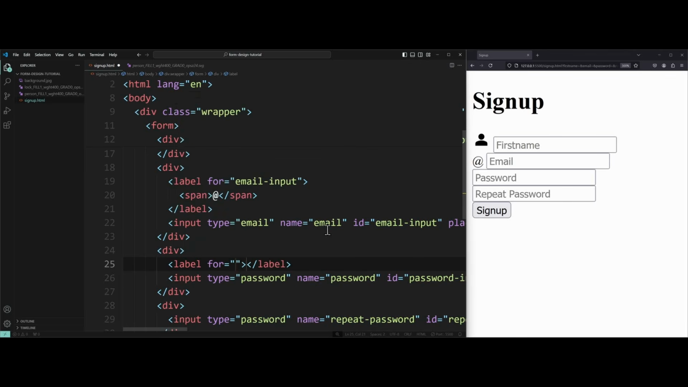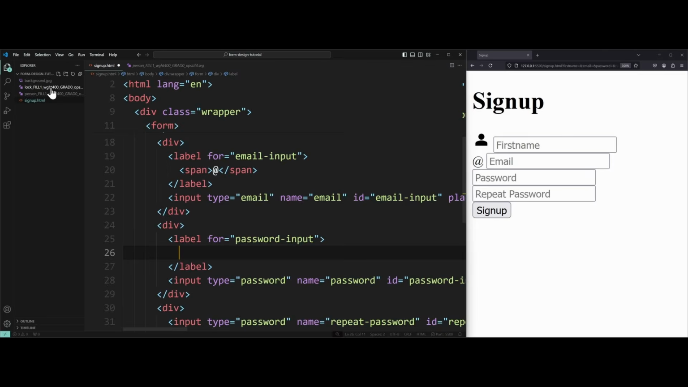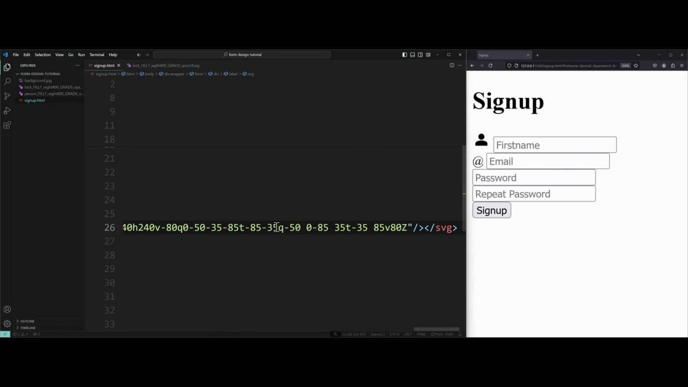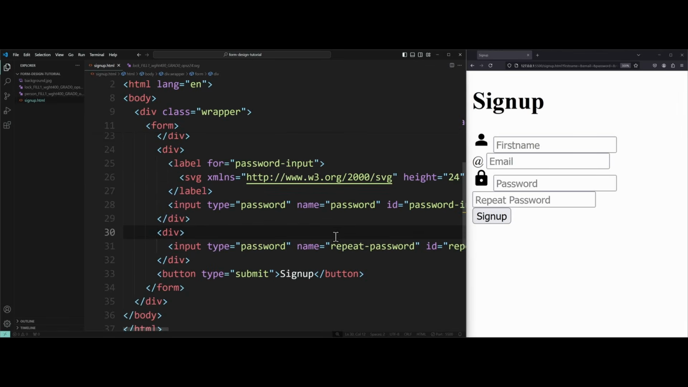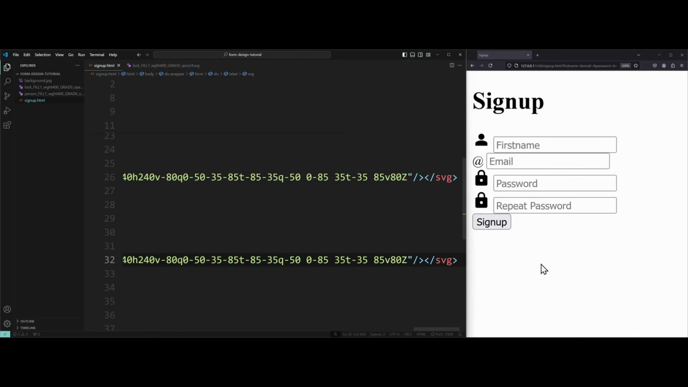Now we add a label for the password input as well. And this time we're going to use the SVG for the lock icon. Copy everything and paste it there. And we do the same thing for the repeat password input. We also paste the lock icon here. And now in the browser, when we click on these icons, we should be able to access all these input